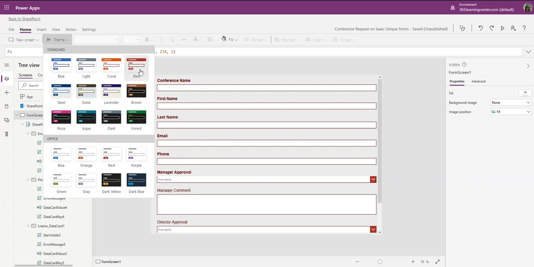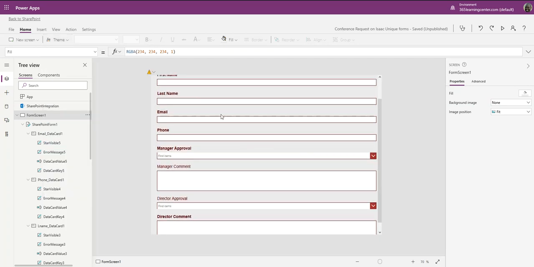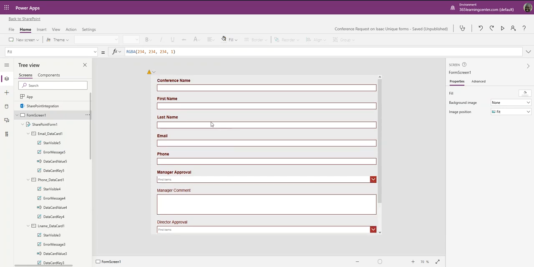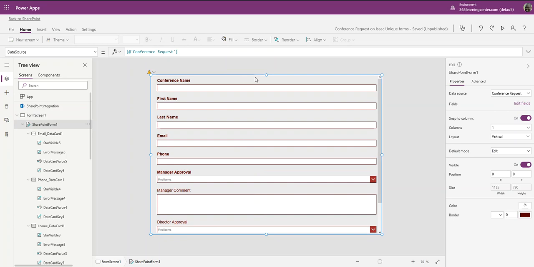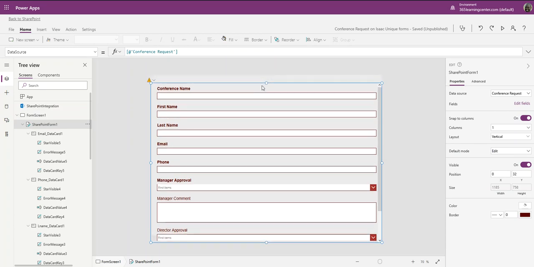What is this? Yeah, let's do it. Let's go with this one. Okay, and as you can see, all the drop down, even my buttons when I add the button. Well, I don't need to add buttons in these, but the conference, everything has a theme to it. So what I'm going to do here is I'm going to select this, and I want to add a heading to this form here. So I am going to bring this down,